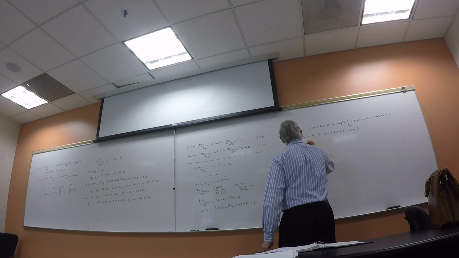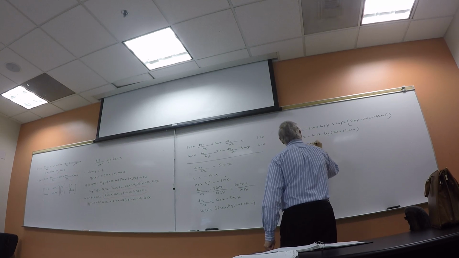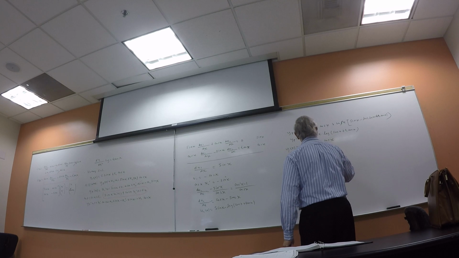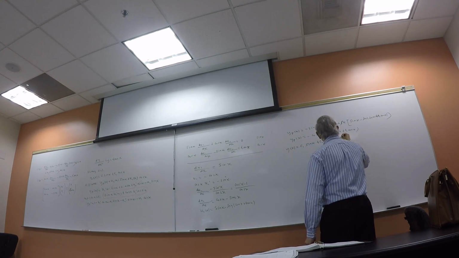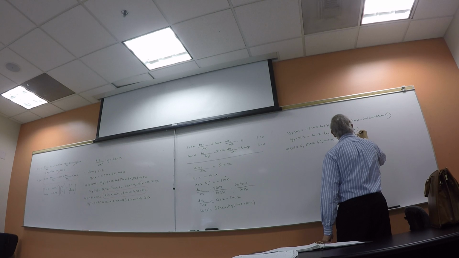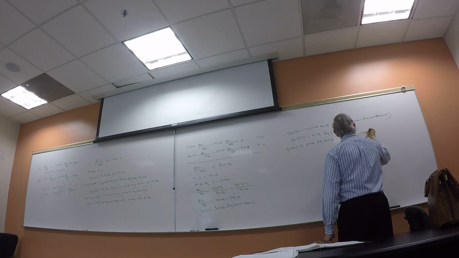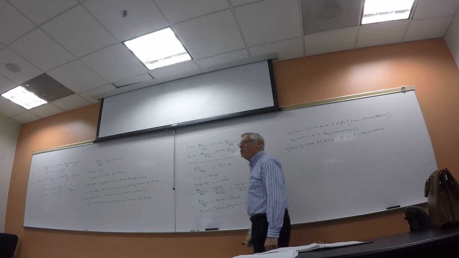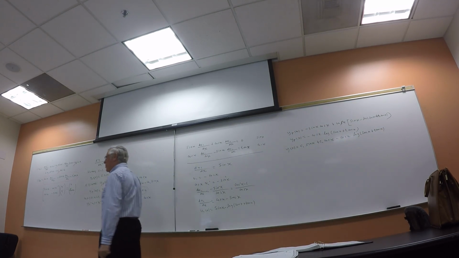c1 sine x plus c2 cosine x. And then you've got the particular solution, which is minus cosine of x times the logarithm of secant of x plus the tangent of x. Okay? And now I think you can appreciate why I said that if you have a differential equation that